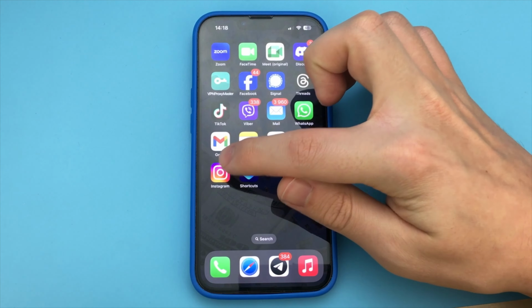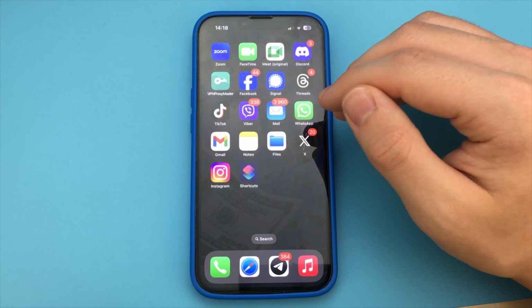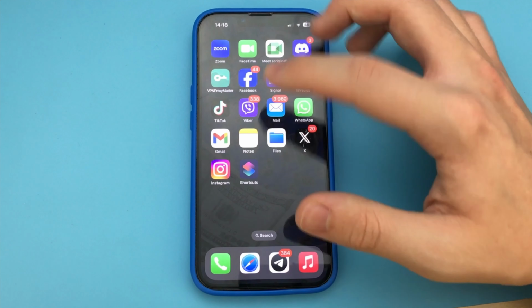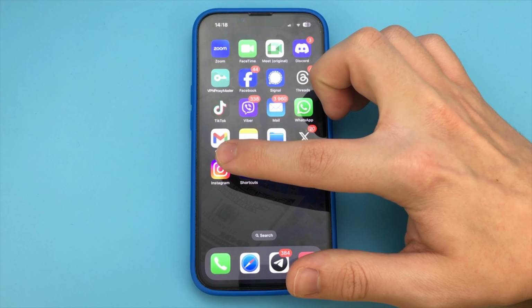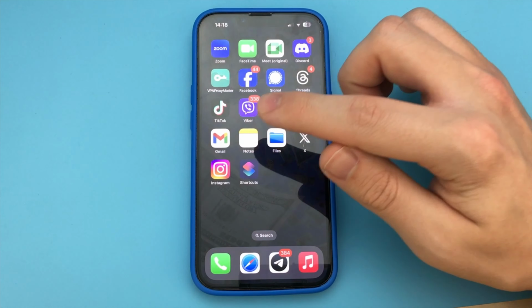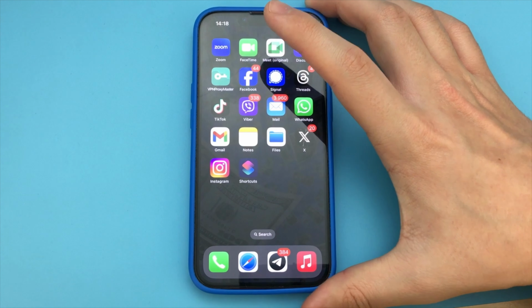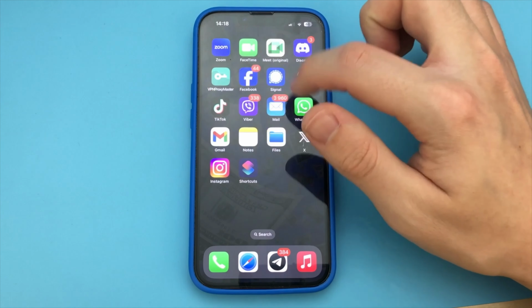Thank you. In this video, I want to show and tell you how you can close access to an app on your iPhone. It's really cool. No one can go into your Instagram app except you. And as soon as someone clicks on it, they will ask for either a passcode or Face ID. So how do you do that? There's a really cool trick.